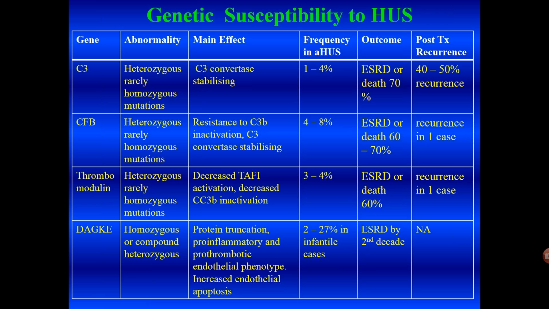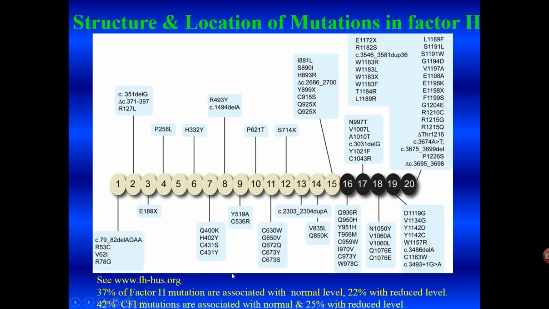It would be nice if we could thus slot all our patients into these two groups. However, there have been reports where both the complement pathway and the DGKE genes have been involved, and there are a small number of case reports on this, around 5 in the world literature, but we have seen 2 such patients in the last 1 year.